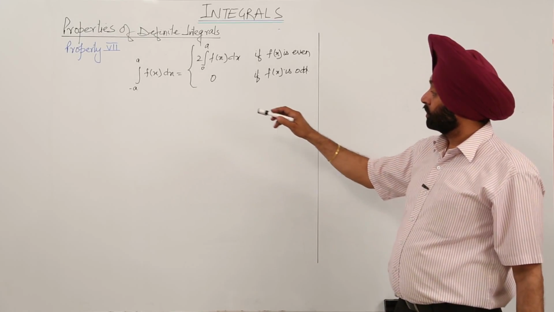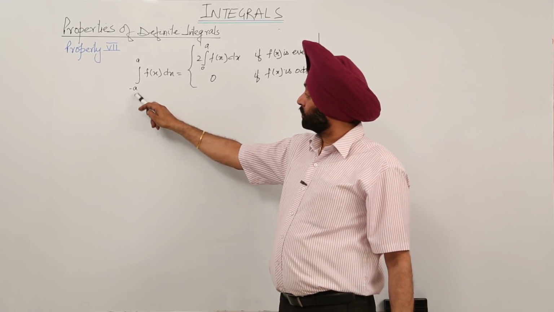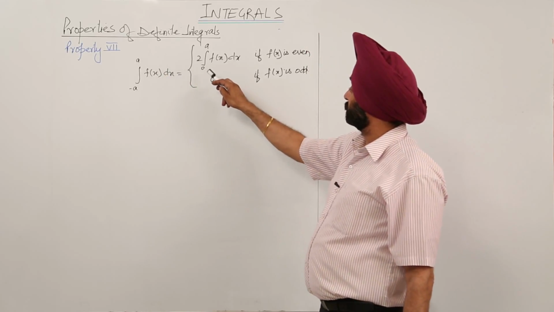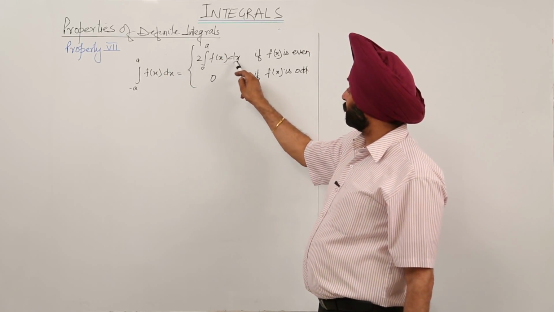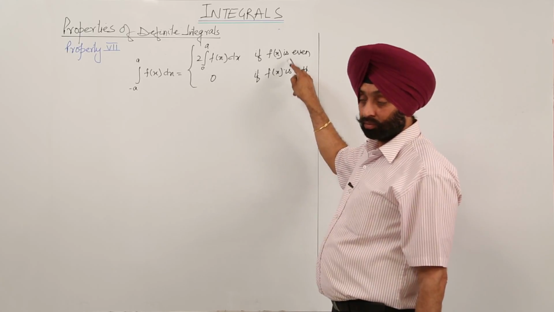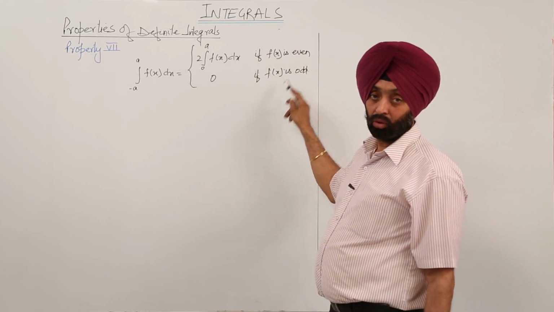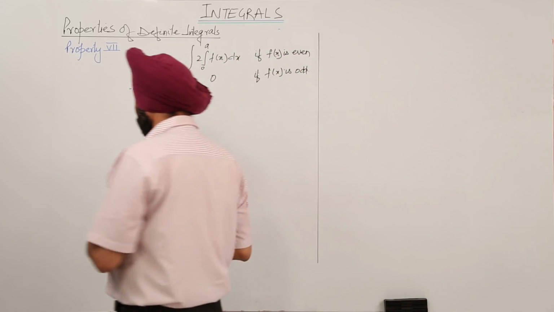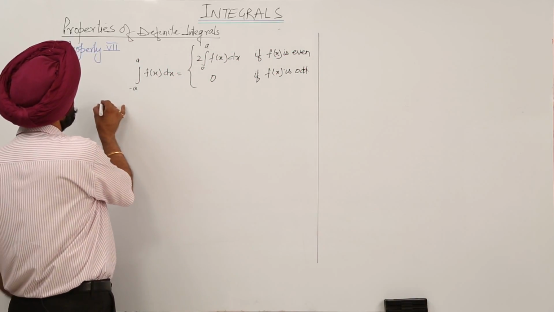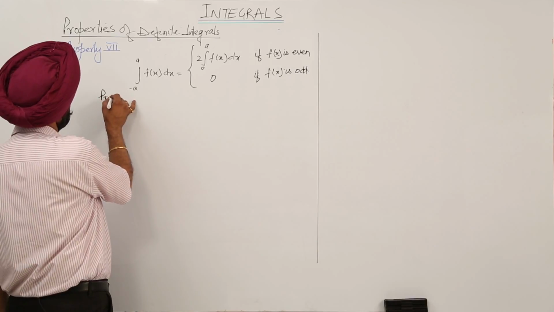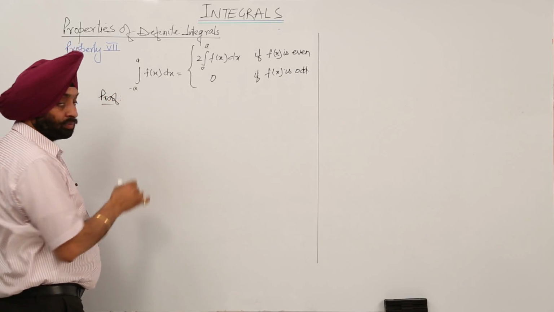Property 7: the integral from minus a to a of f(x) dx is equal to twice the integral from 0 to a of f(x) dx if f(x) is even, and the result will be 0 if f(x) is odd. Okay. So now let's prove it. Prove. Now